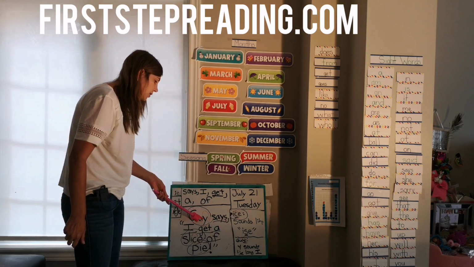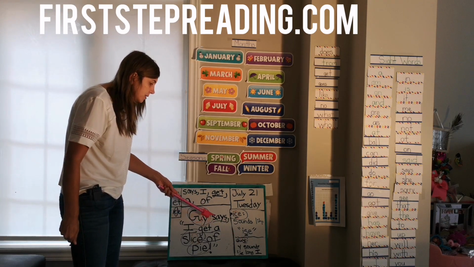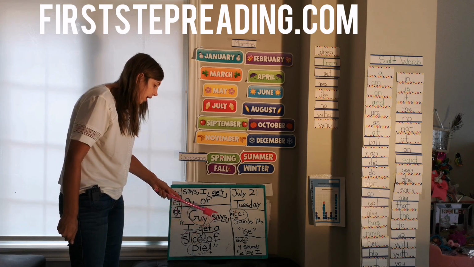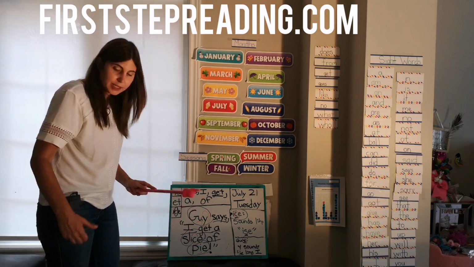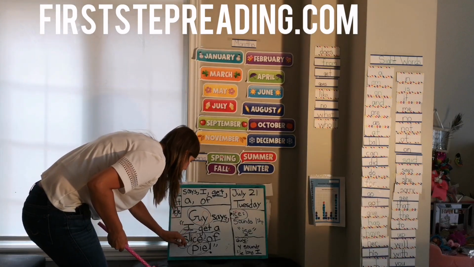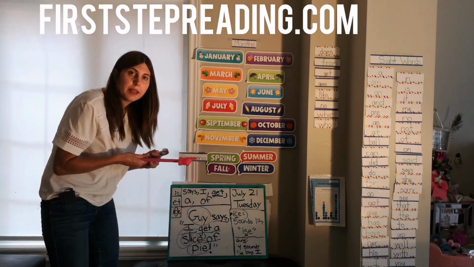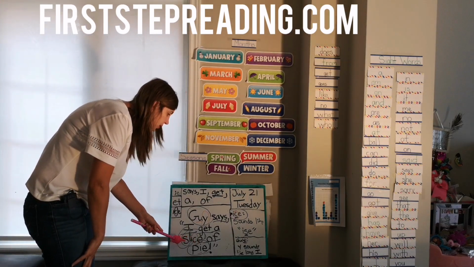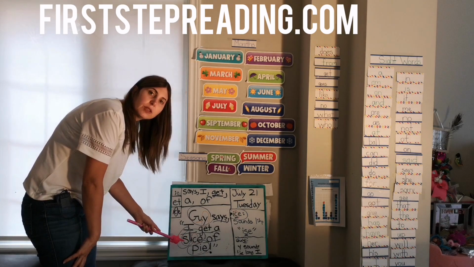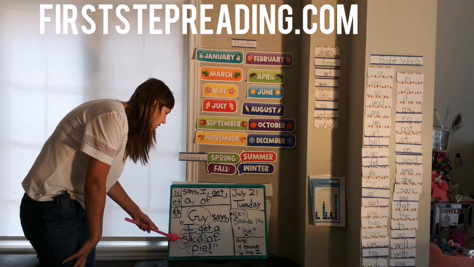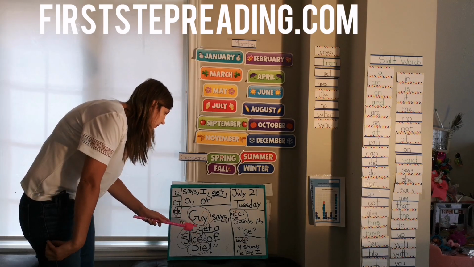I, right? The Y says I. Guy says, I get a... Uh-oh, we have an SL. That's a consonant blend. I should circle that. We need to first blend that before we do the rest, right? There's 2 letters next to each other. Can you say that? Ice. Slice. Of